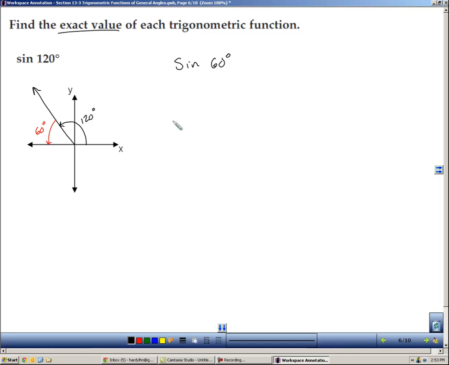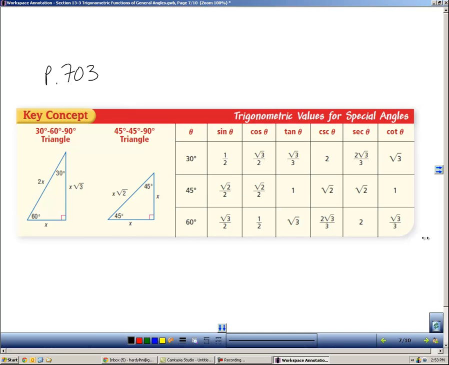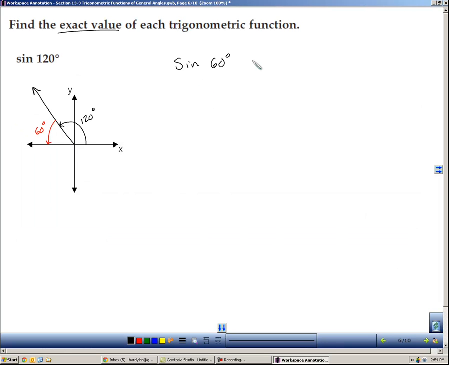They're the same values. Well, what's the sine of 60? You've got to go back to what we did in section 1. You'll find this on page 703. This is a table that you had if you printed out the notes. But you see on the table here that if you have a 60-degree angle, the sine of that is square root of 3 over 2. That's the sine of a 60-degree angle. So we can just say that this is square root of 3 over 2. Which means also that the sine of 120 is also the square root of 3 over 2, but one thing